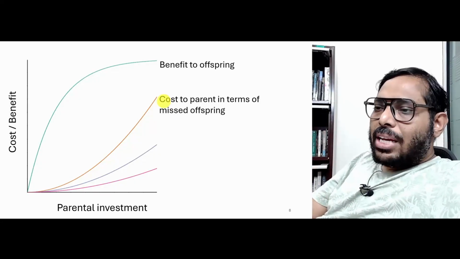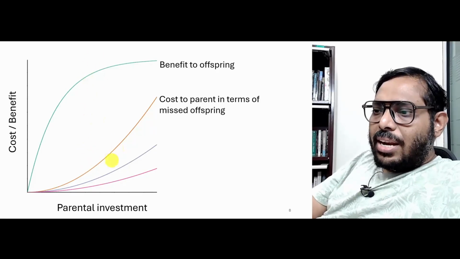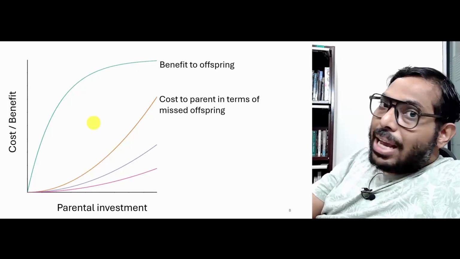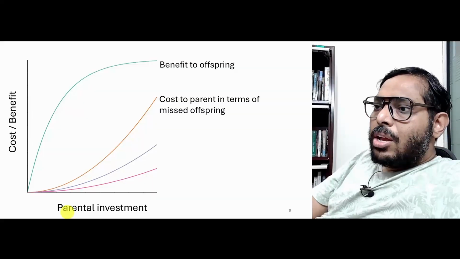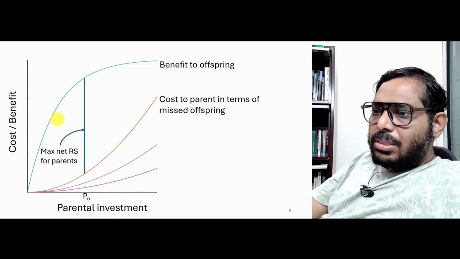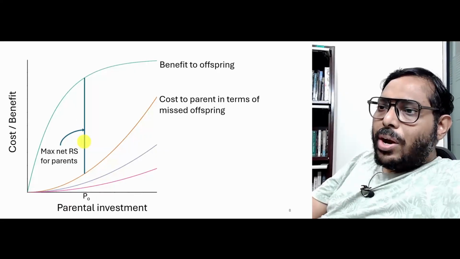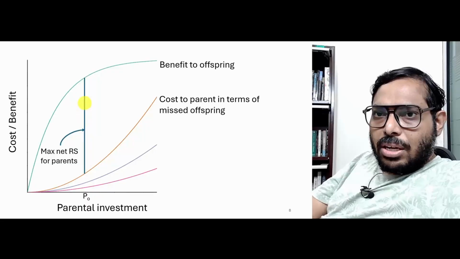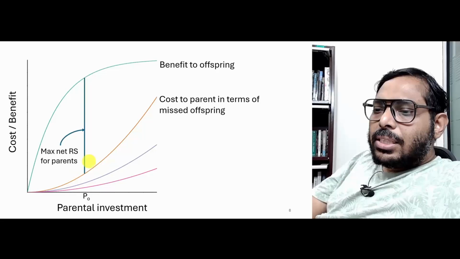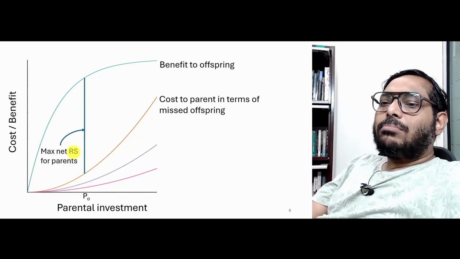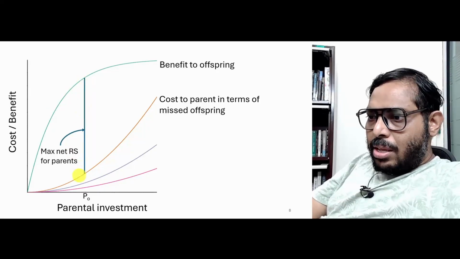The parent's reproductive success is of course maximized where the gap between these two graphs, the cyan graph and this orange graph, is maximum, right. Benefit minus cost, the maximum difference between that is the profit. So, that maximum, in this particular case, let us say it happens over here. Exactly where it happens is not the point. The point is that, given the nature of these graphs, there is going to be a point where the difference is maximum, and this is where the parent gets the maximum net reproductive success, right. So, that is what is shown by this difference over here.